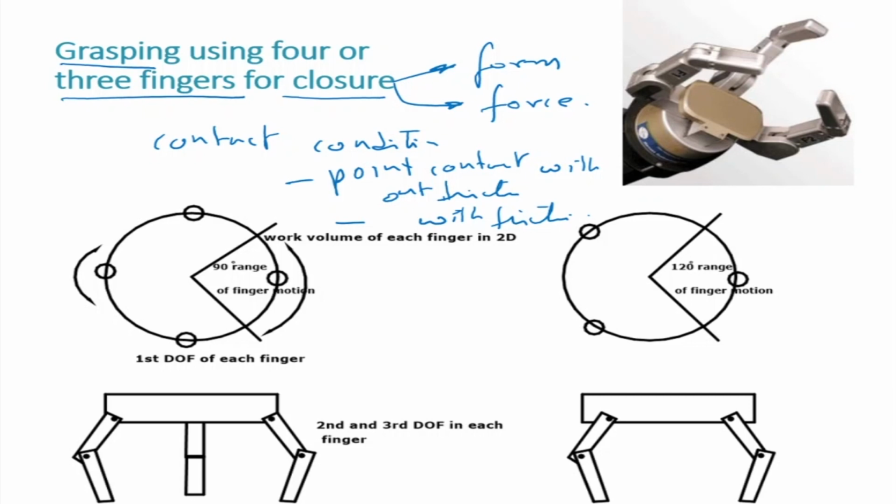That will also determine whether you need 3 fingers or 4 fingers. Okay, so this is an example which we are seeing. This is the top view. This is an object, a circular object, and these are fingertip contacts which have been made. And this is the Barrett hand, which has 3 or 4 fingers.